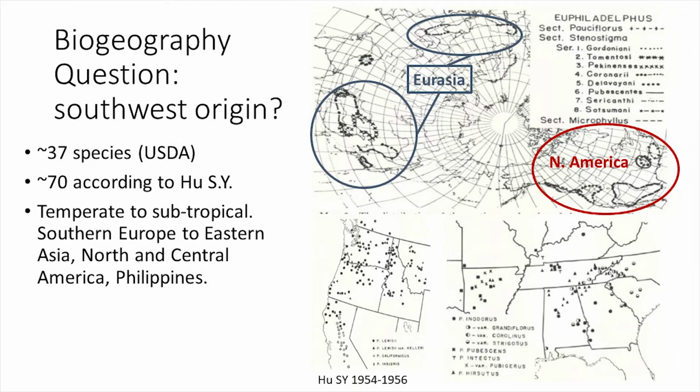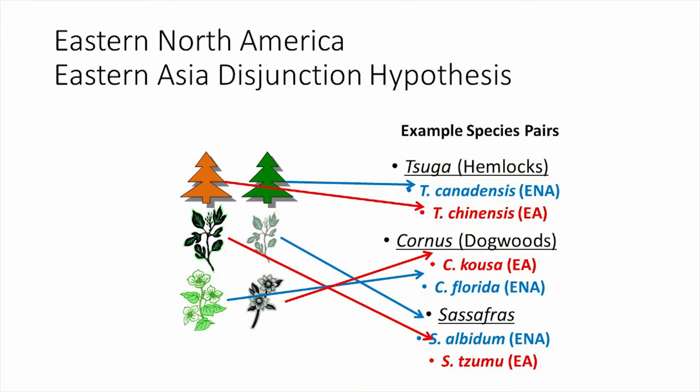So how, if we believe the diversity center of Philadelphus is in the southwest of the US, can we explain the history of how things got over on this side of the world and how they became different from each other, eventually diverging into different species? We have a theory. I'm going to talk about one primarily, but one theory that's the simplest is just that they are easily bird dispersed. So think of something being eaten, a fruit by a bird. The bird flies across the ocean and defecates out the seed that becomes another founder of a new population.